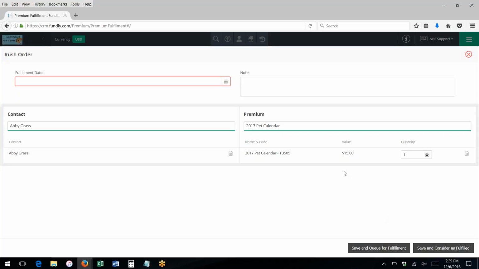So you could enter these people right here, what they're getting, and if you choose this, they're not going to show up on the pending, they're going to show up in that fulfillment history as, yep, we already sent them. So you could fill this out after the fact, after you've already sent them out the door,